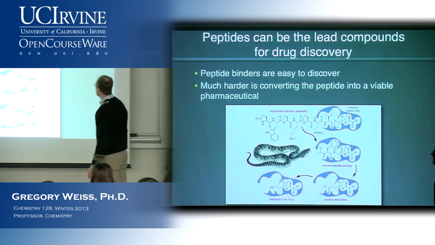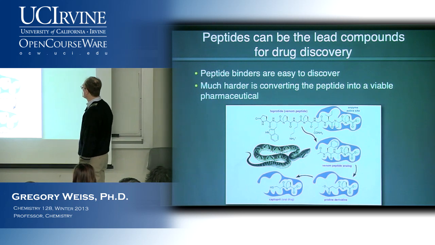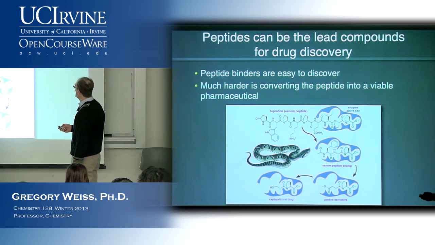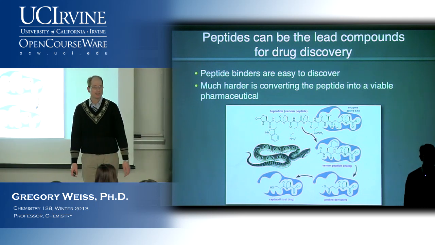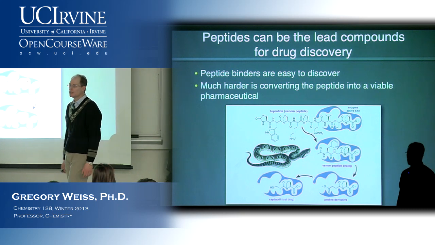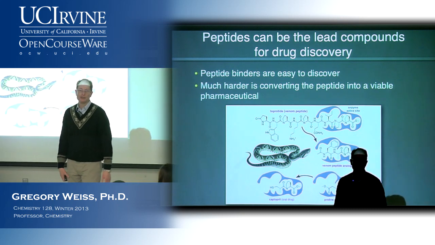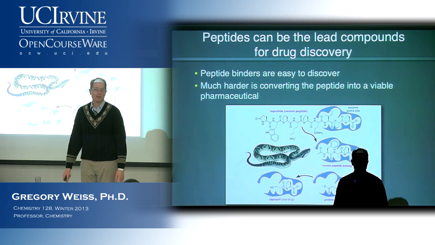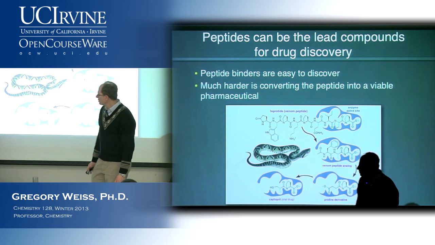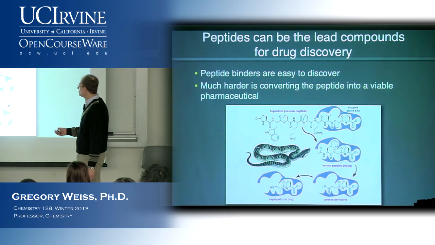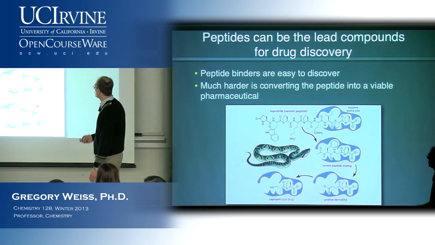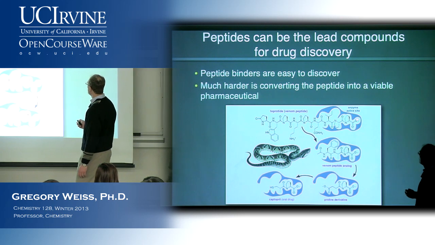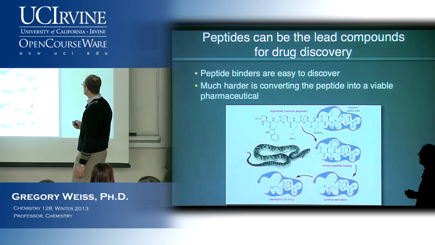Okay. So let's talk a little bit about what you can do with peptides. Peptide binders to particular targets are relatively easy to discover. There's many sources of these. Some sources we've talked about. You can use phage display. You can use a variant of aptamer display, a messenger RNA display. You can also search through organisms found on the planet, like this pit viper shown here, and identify venom peptides from the pit viper. So this peptide works by binding to a particular active site.